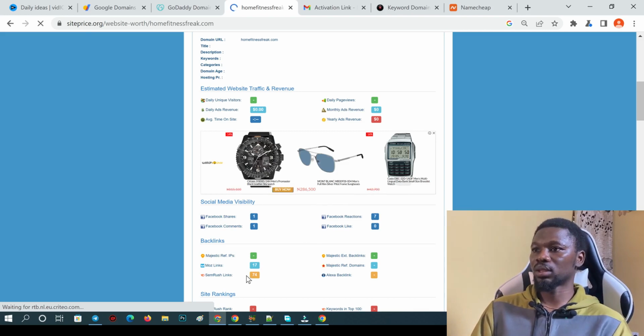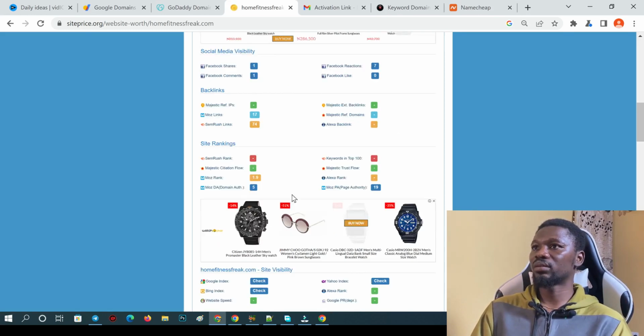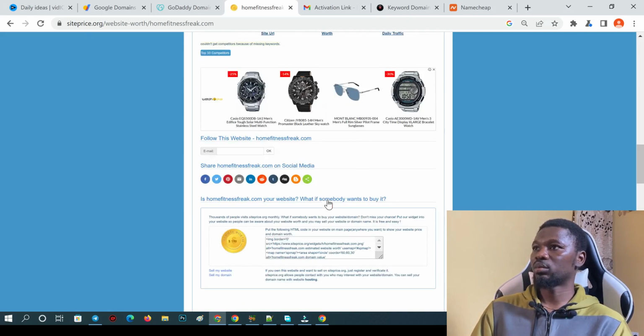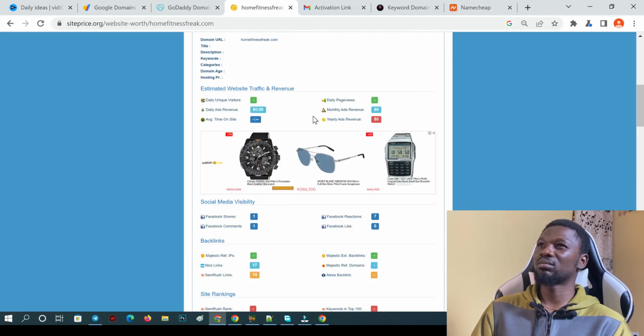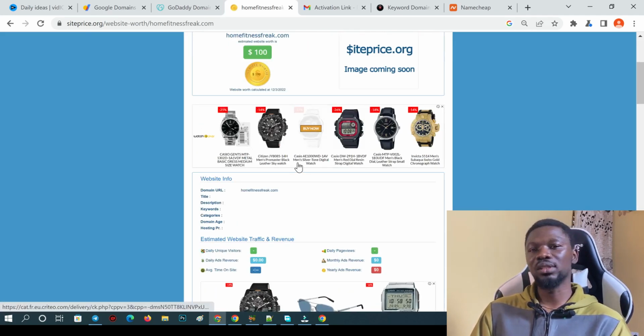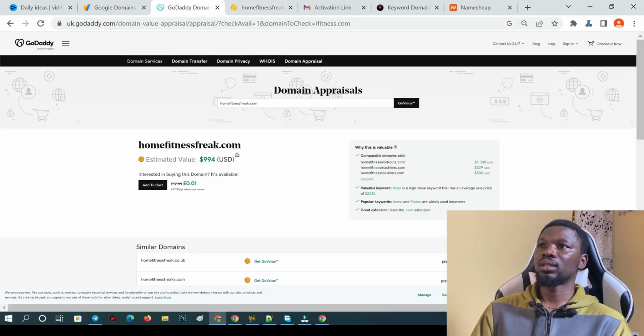The backlinks, the total number of backlinks from SEMrush is 74, and the most links is 17. This is not really having good traffic like I expected. I don't think I'll be going for this domain. I think I'll be going for another domain because this one has low traffic. You want to sell a domain name that has value to people, not a domain name that doesn't have value. And you can see you can sell this domain name for the sum of